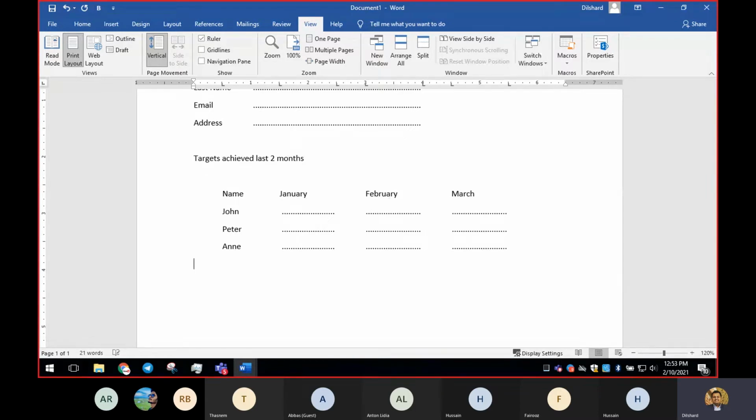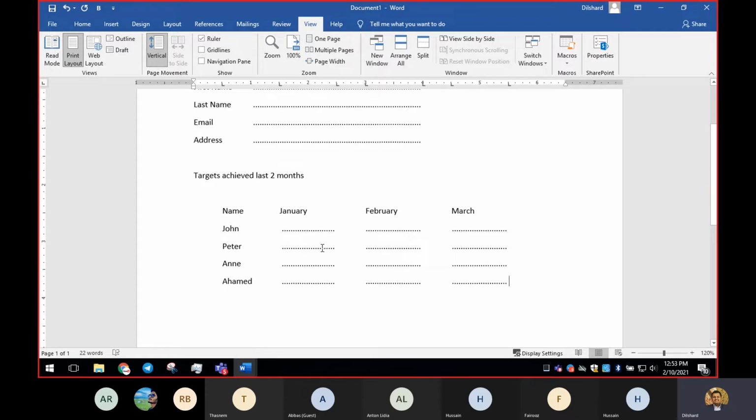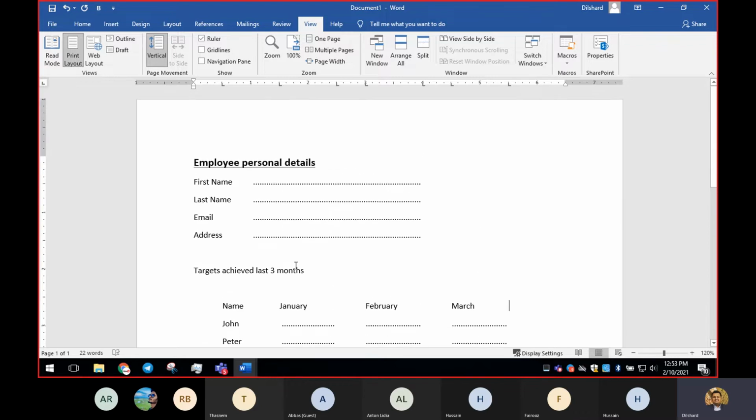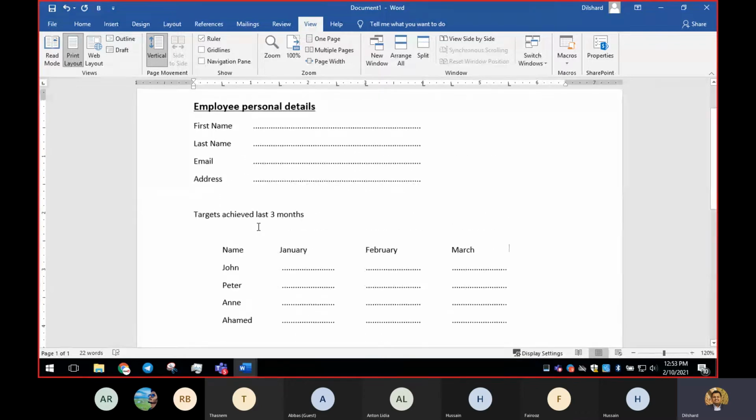And I'm going to press enter and say working in the company, and the target achieved in 2 months, 3 months, until March. Okay, so that is how we create it.